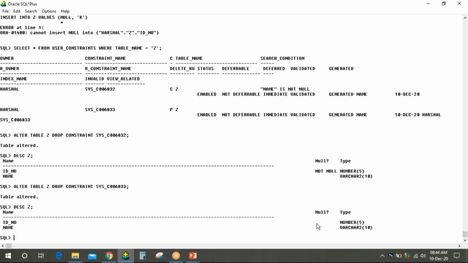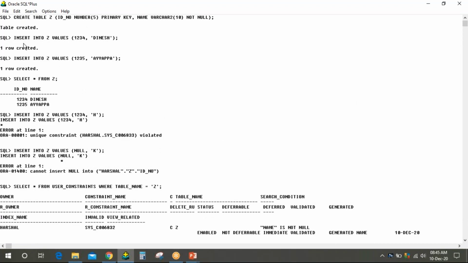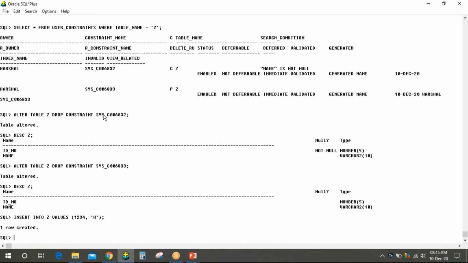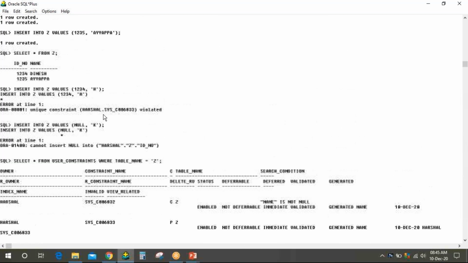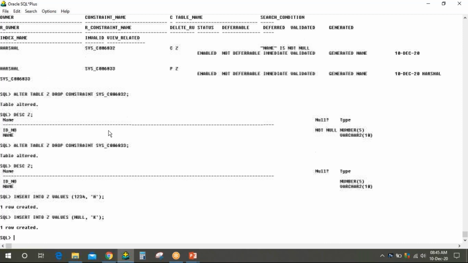You can see here no constraints at all. So if I try to pass the same values which I was passing here, row created. Let's pass the null value. Row created.